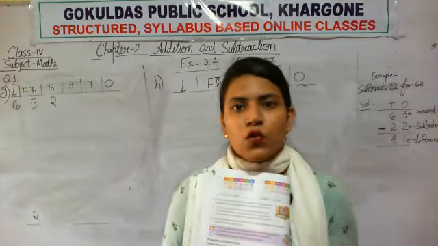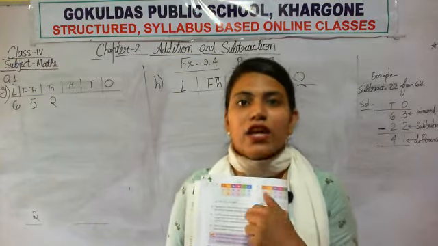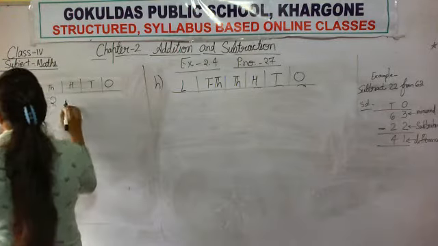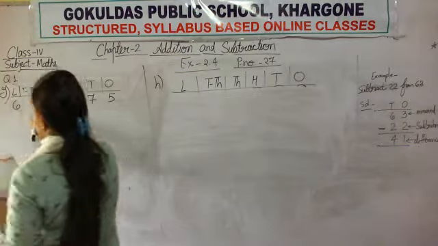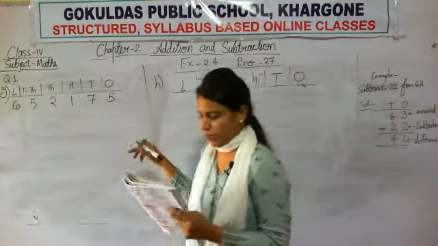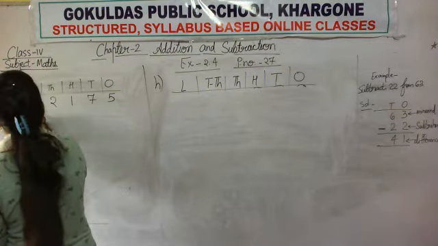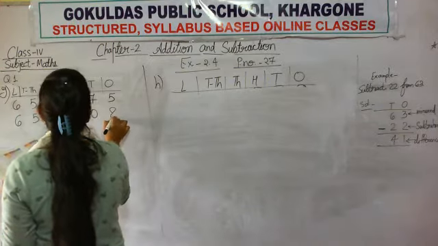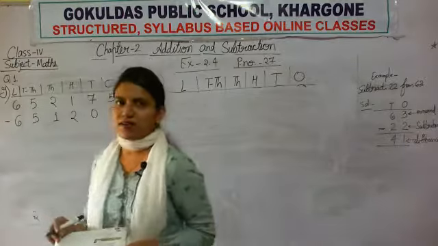So what you have to do? You have to arrange these numbers in columns, then subtract. So I am arranging the numbers in columns. The first number is minuend. And the number which you are subtracting, that is 6,51,208, is called subtrahend. Do not forget to put the minus symbol.